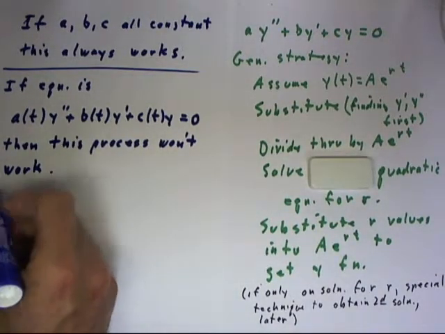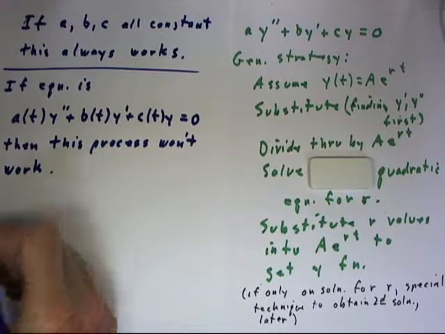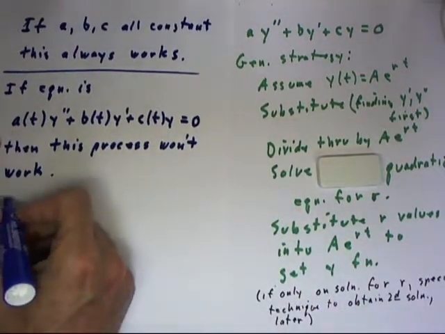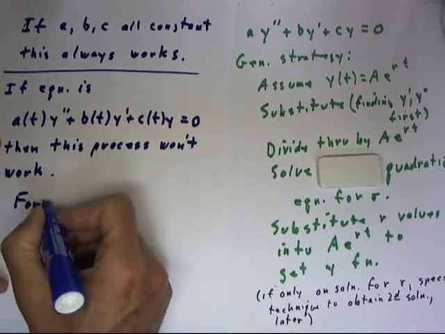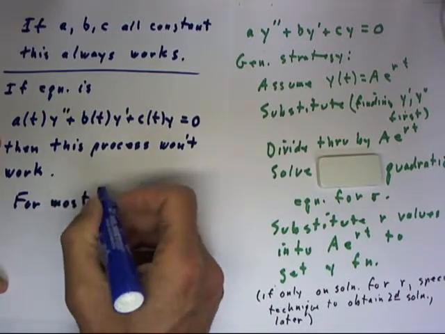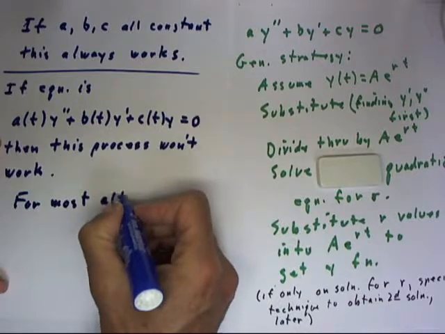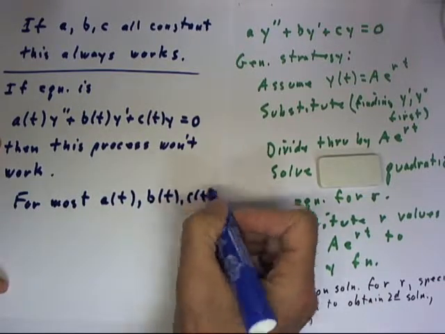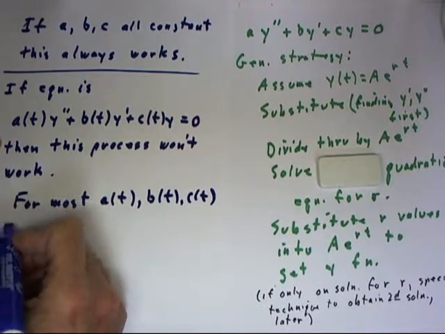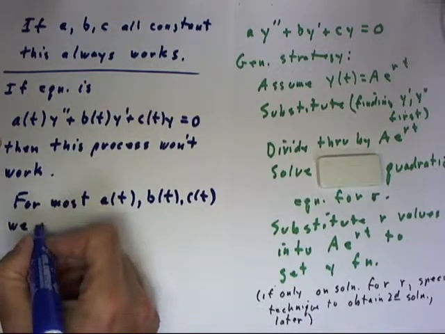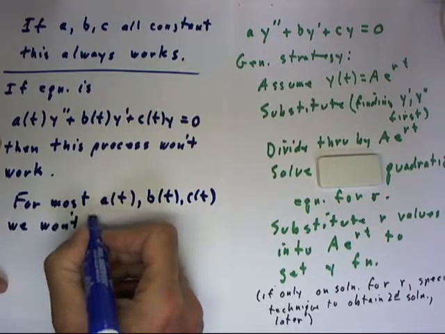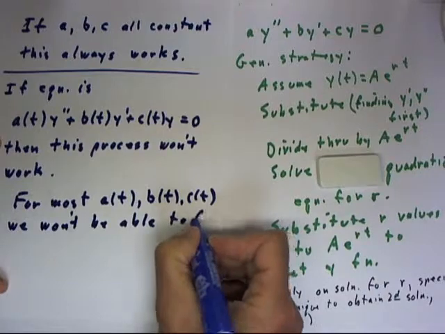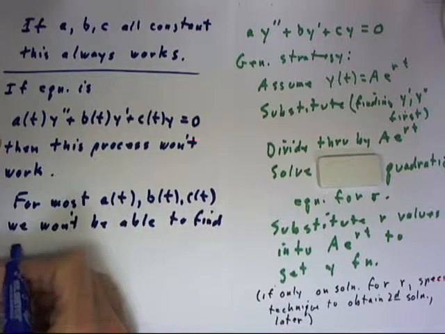And we can also say that for most functions a of t, b of t, c of t, we won't be able to find a closed form